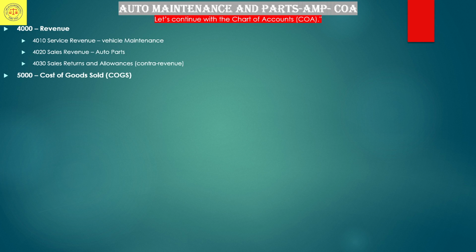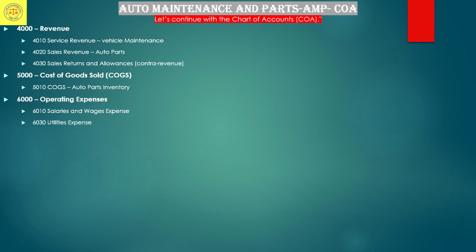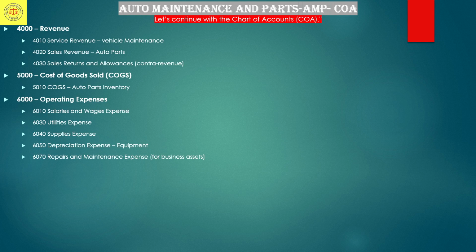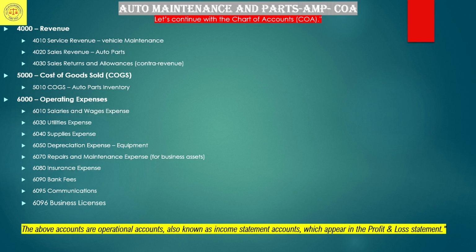Cost of goods sold, I start using this account with number 5. So I have just one item, which is the cost. We are going to track the cost for auto parts. And we have number 6, that is operating expenses. So we have salaries and wages, utility expenses, supplies expenses, depreciation expenses, repairs and maintenance expenses, insurance expenses, bank fees, communications, business licenses,